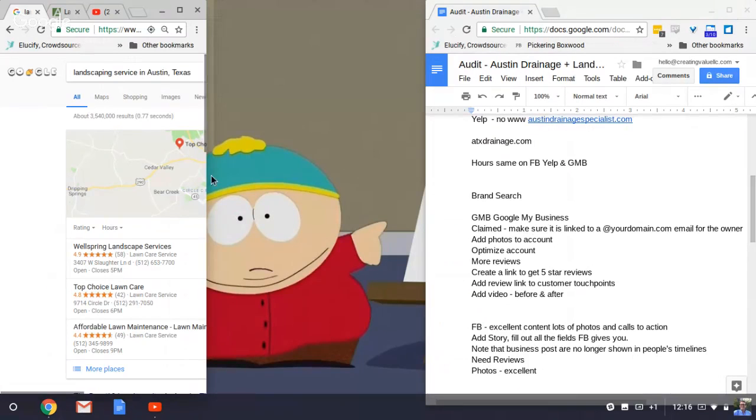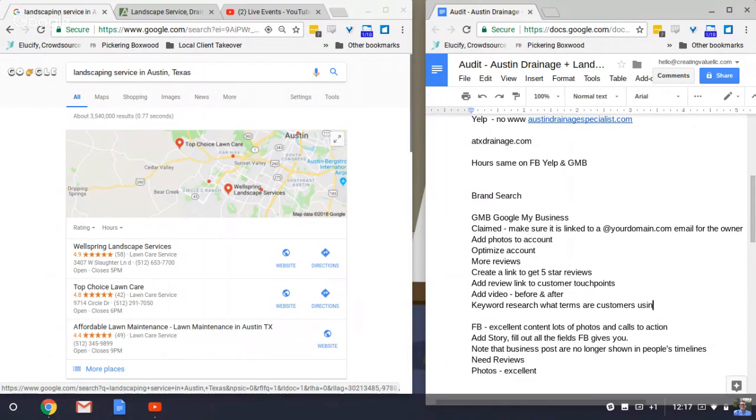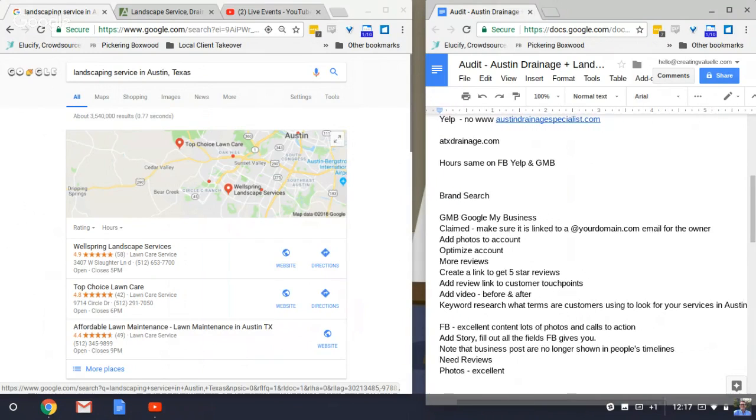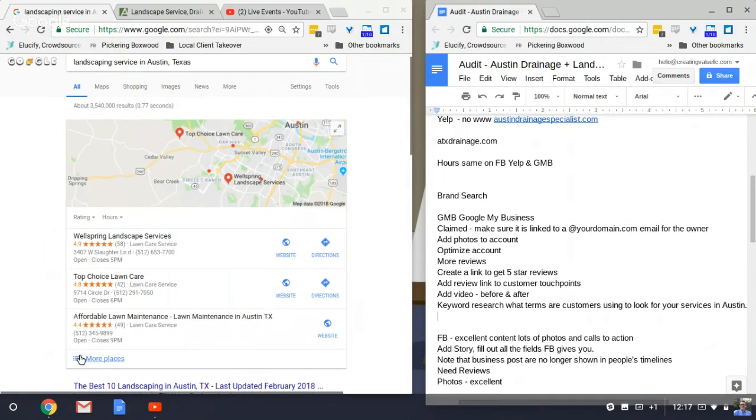The words people use for services vary, so you need to do some keyword research. You can expedite that by looking up your competition and looking at their primary search term, and then based off their primary search term, see how you're doing.